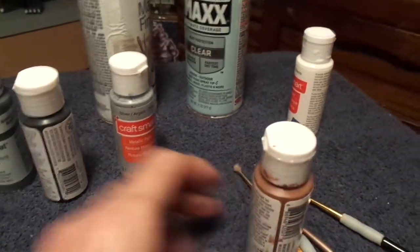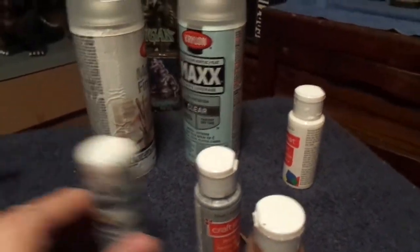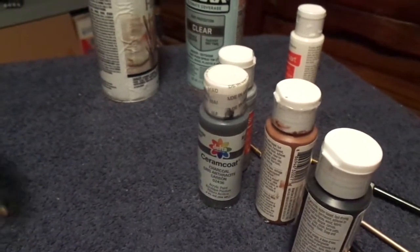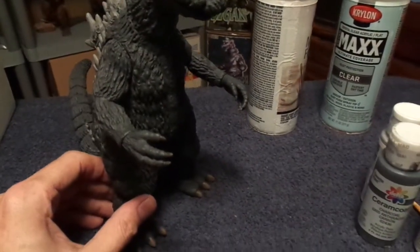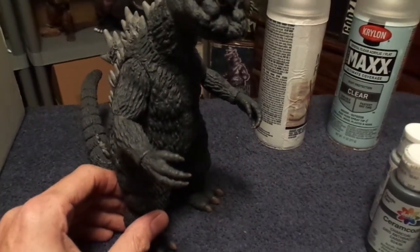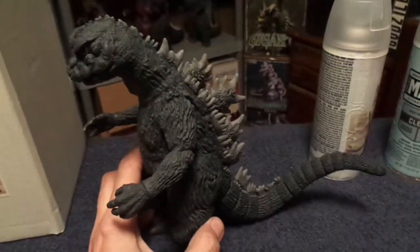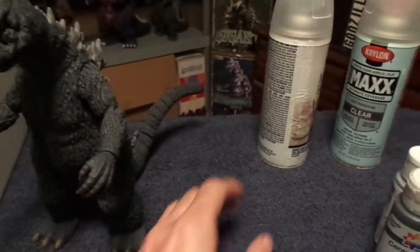Another thing I wanted to go into is, since this paint is inexpensive, what I have noticed about it is that it will come off of the model. I've actually gotten water on a model that I painted with this paint, and it rubbed off a little bit. So what I do now is, instead of leaving the paint job like it is, I will take